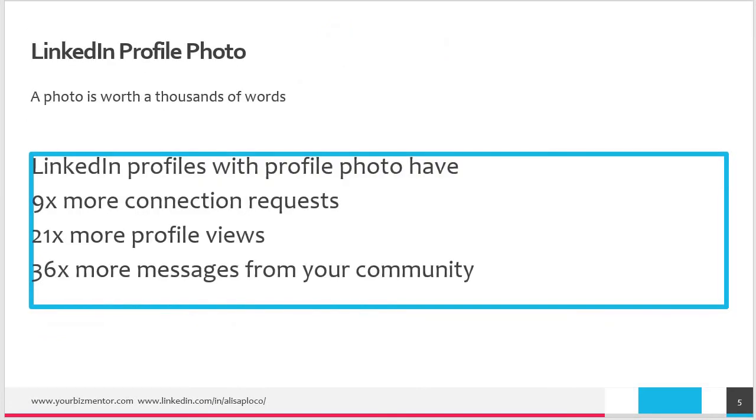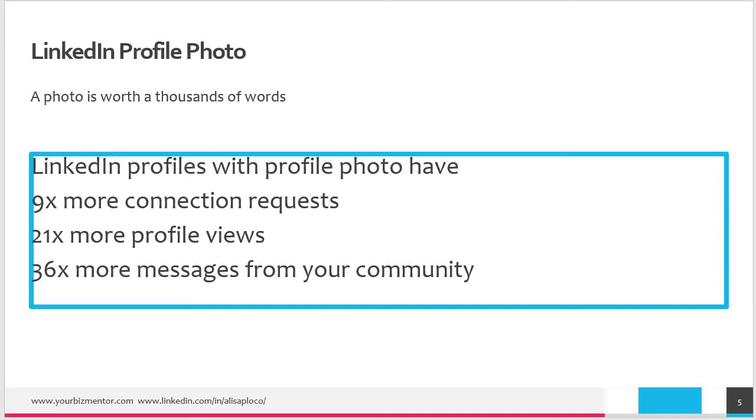At the very beginning, start with the profile photo. Your personal profile photo on your LinkedIn profile should look professional, but doesn't really have to be taken by a professional photographer. You can do it alone from your mobile device, as long as it looks professional and as long as you are in professional attire. You are alone in your photo. No pets, no kids, no family. With a light background, and that would be a perfectly fine professional photo.